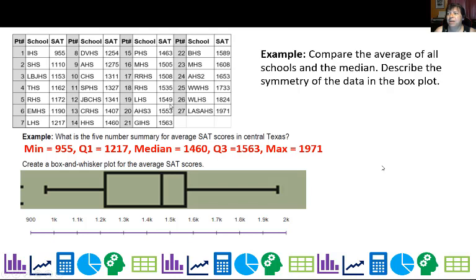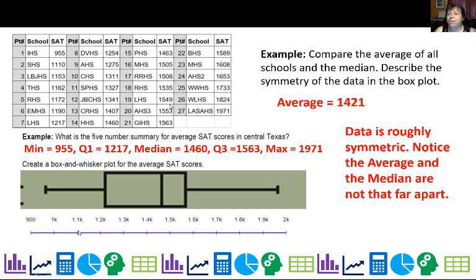So the data, we would describe this as roughly symmetric. If I wanted to say what the shape of the data is, personally, I like to have a histogram and a box and whisker plot. The box and whisker really helps me with symmetry. The histogram also helps me with symmetry and looking for gaps and things like that. So the data is roughly symmetric. Notice the average and the median, remember that's also known as the mean, are not that far apart. So you can say, oh, well, it's kind of tight there, but it's roughly symmetric, okay?